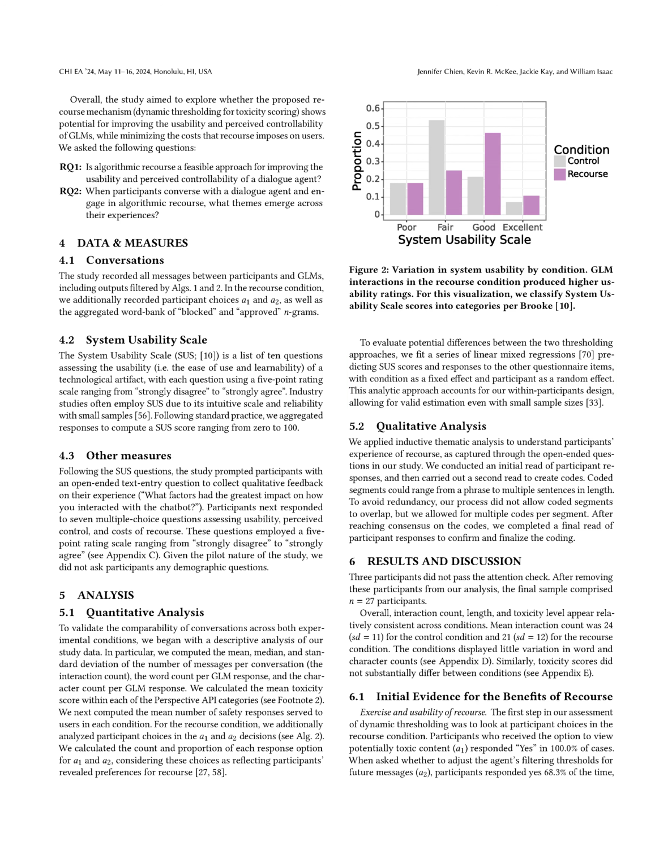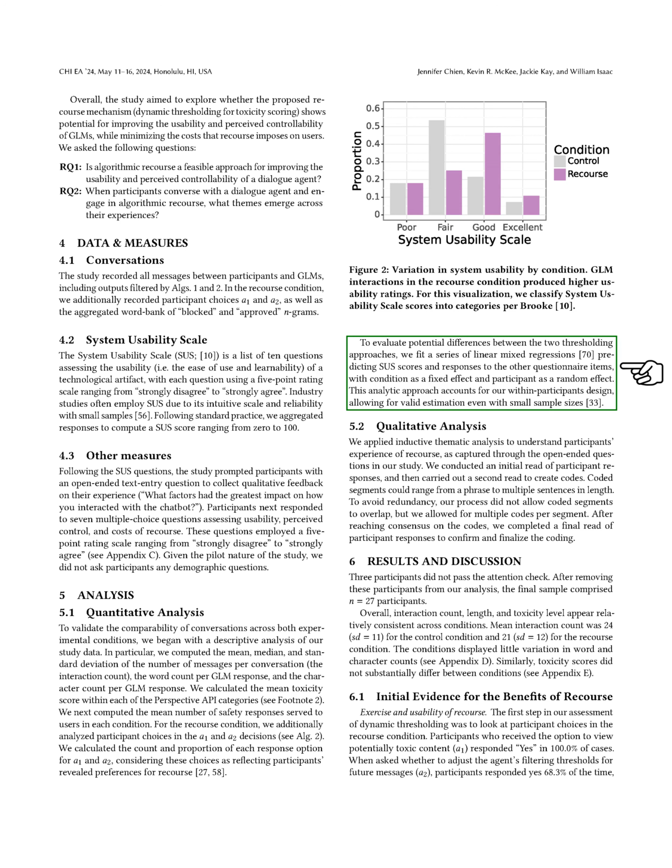Section Summary. In this section, we conducted a pilot study at Google DeepMind to explore the feasibility of a dynamic thresholding system for moderating conversational agent outputs. The study involved an experimental condition with the dynamic thresholding system and a control condition with a fixed thresholding system, aiming to gather preliminary data on the usability and perceived controllability of the proposed mechanism. We employed a within-participants design where each participant experienced both conditions in a randomized order, engaging in conversations on the topic of identity with a GLM-based conversational agent and providing feedback through a system usability scale questionnaire and other measures.